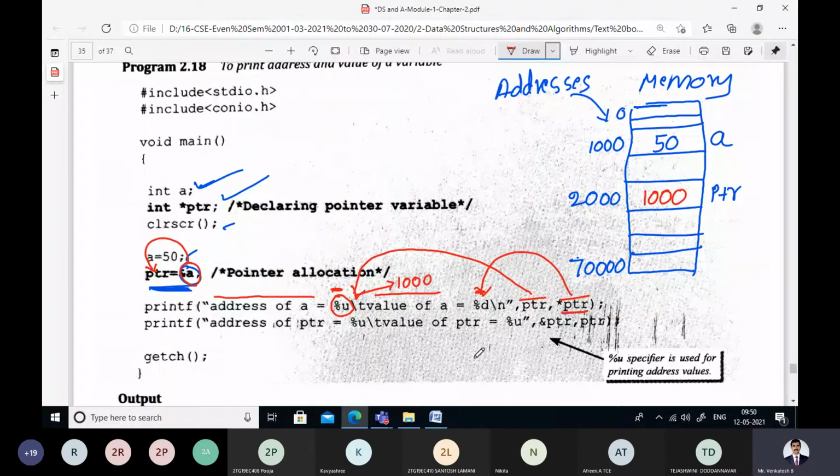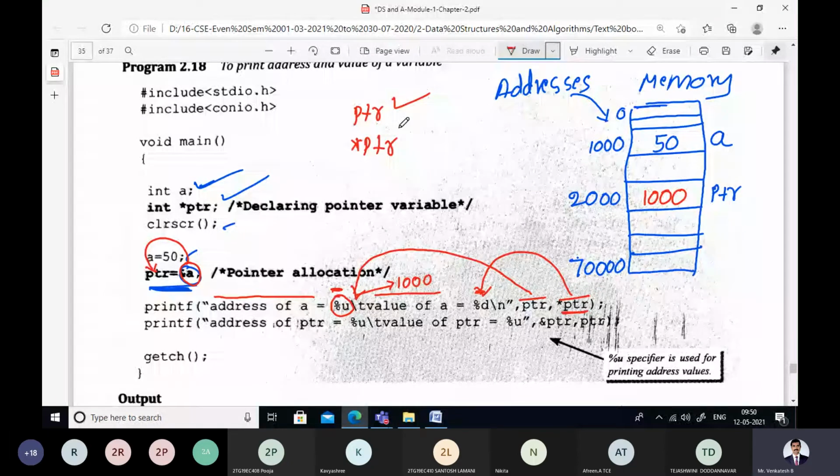So you should know the difference between PTR and star PTR. PTR is just the content of the pointer. The value present in PTR is 1000, that means the address this PTR is containing is 1000.